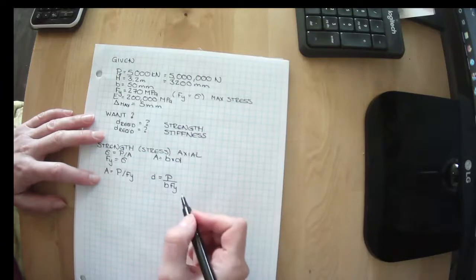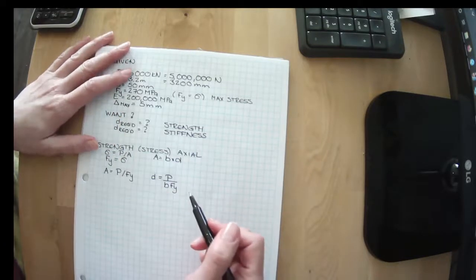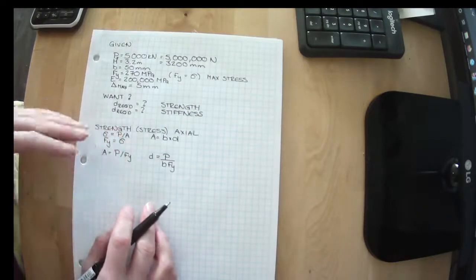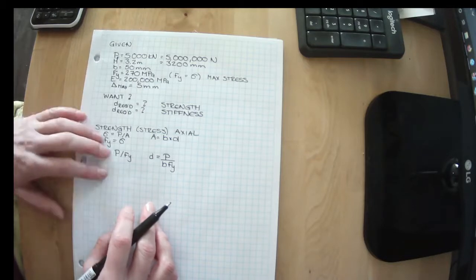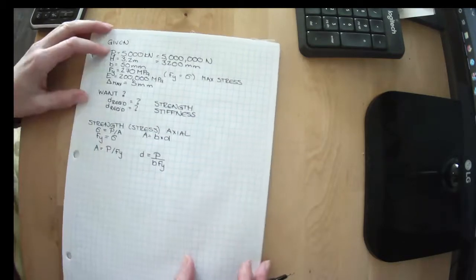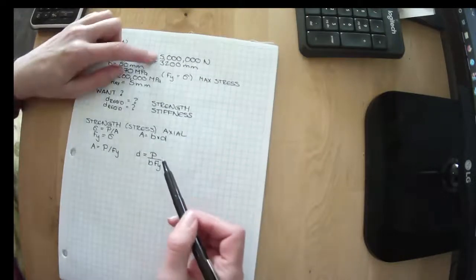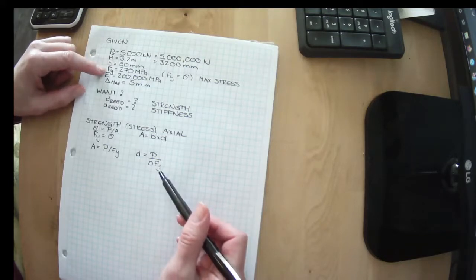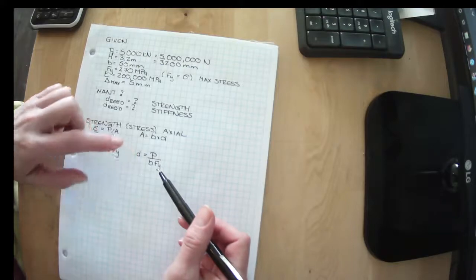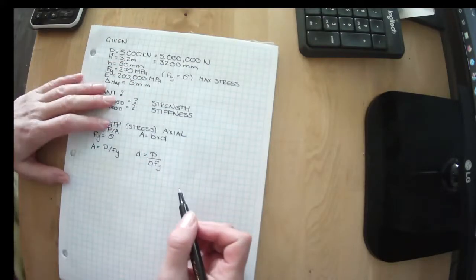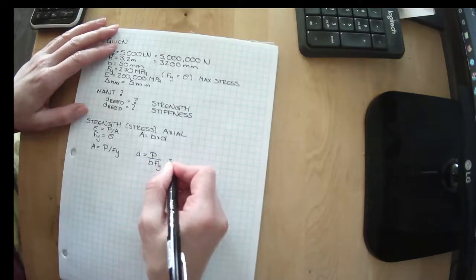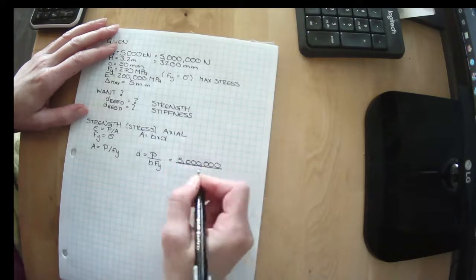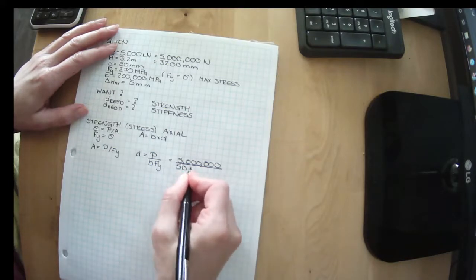B Fy. Now, we didn't have to rearrange this. We could have kept this and worked it out with the numbers embedded in that. There are multiple ways or different steps you can take to solve this. All of the steps will be done. You might have just done them in a slightly different order. This way, I can see easily that we already have P, we already know B, and we know what maximum stress we can see on this, which would give us the perfect D if we were trying to hit that stress exactly. Or 5 million newtons divided by 50 times